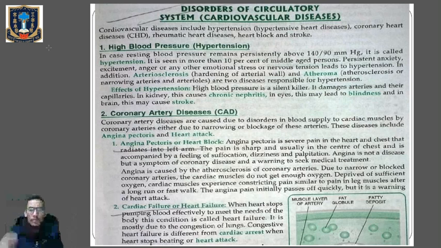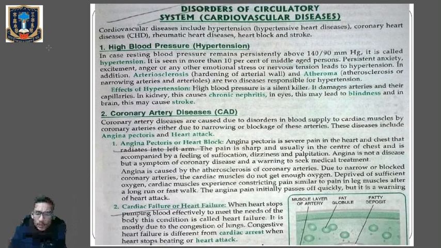So first one is high blood pressure, also called hypertension. Okay, so the normal resting blood pressure has to remain around 120/80 mm Hg. In case resting blood pressure remains persistently above 140/90, so if the blood pressure remains above 140/90 in resting condition, while normal is nearly 120/80 mm Hg,